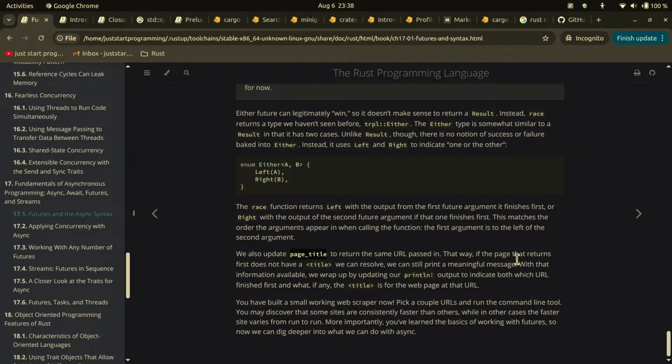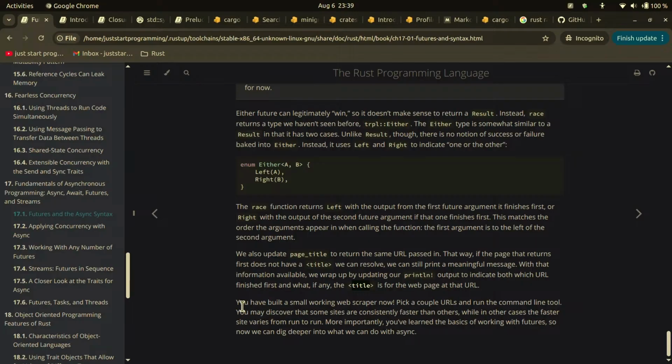That way, if the page that returns first does not have a title we can resolve, we can still print a meaningful message. With that information available, we wrap up by updating our print line output to indicate both which URL finished first and what, if any, the title is for the web page